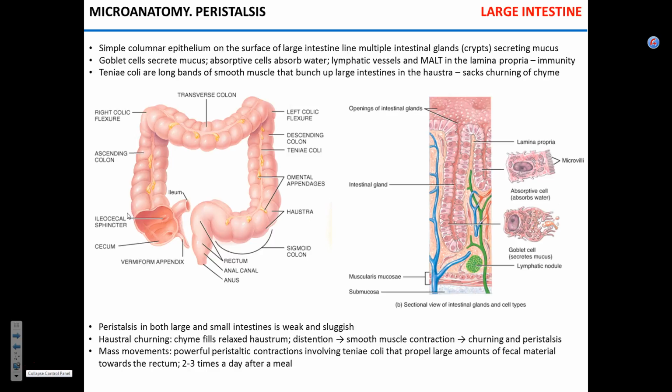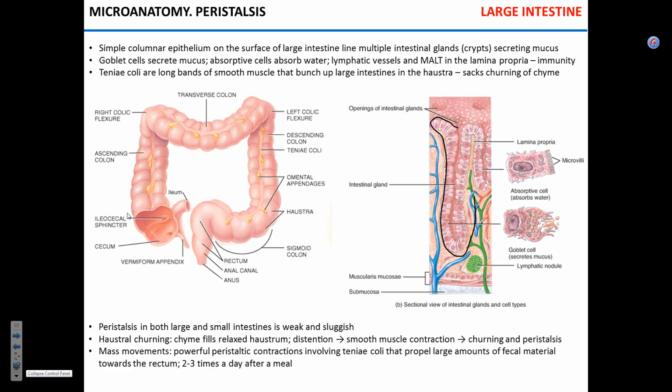Now, let's take a glance at what's going on. Why do we want to go to the restroom once we eat? First of all, microanatomy, the tissue structure, all the same, four layers: mucosa, submucosa, muscularis, and serosa. Mucosal layer, which is most interesting for us, the columnar epithelium with the multiple goblet cells,